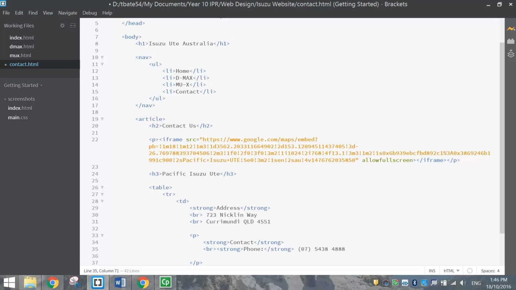54384888. On to the next line, same thing, just do the BR tag, we'll put it in strong letters again, which is bold text, and we're going to write fax this time. So after the closing strong tag, we're going to write the fax number, so 5438 4899,